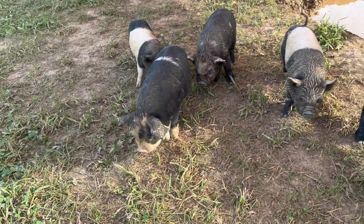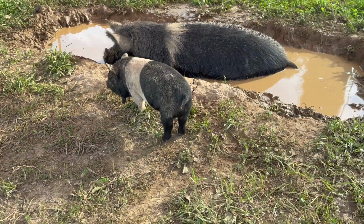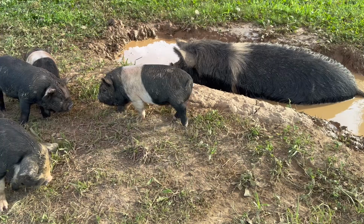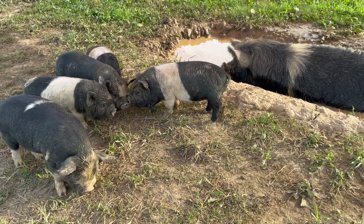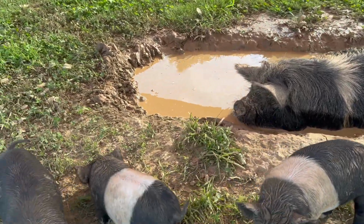These guys come to us all the time because we're the ones that bring food. So it's not a magic trick or anything special. Just two simple things: time and food. So Delilah's in here enjoying this wallow. As you can see, the